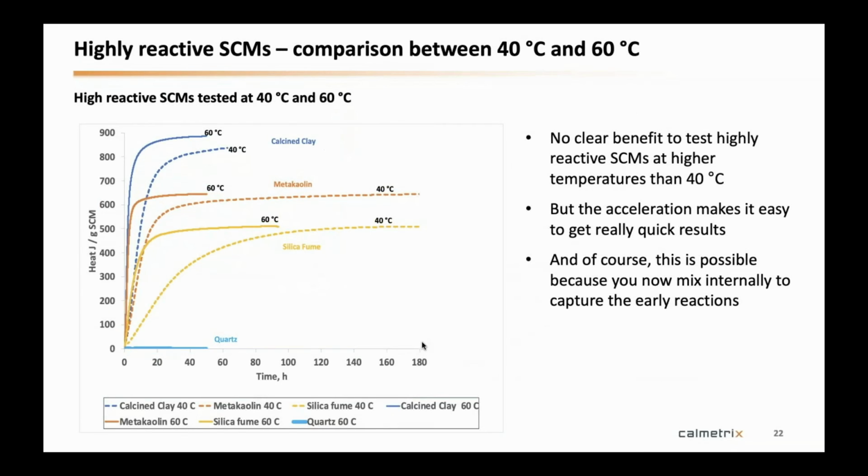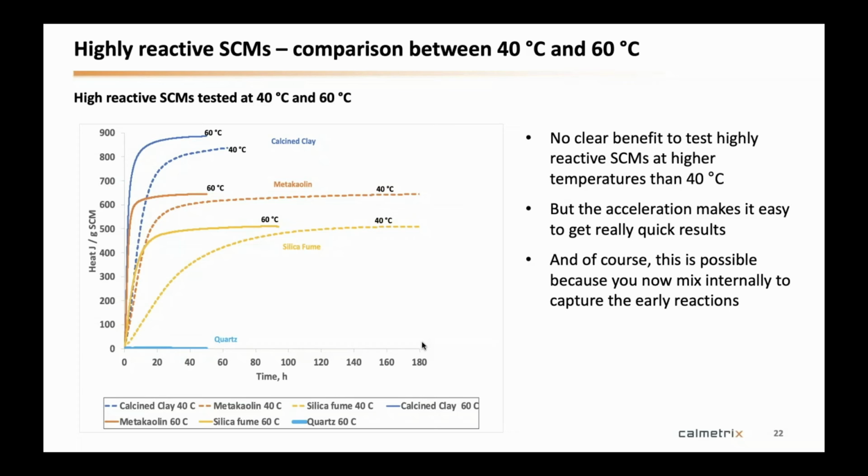So we did. When we look at the difference between 40 and 60 degrees on those higher reactive materials, the blue is the calcined clay, the orange is metakaolin, the yellow is silica fume, and on the bottom we have quartz as an inert material. So you see it's essentially flat. If I zoomed in, you would see it's noisy, but it's flat compared to the others. The dotted lines are at 40 degrees C, and the solid lines are at 60 degrees C. So as you see,